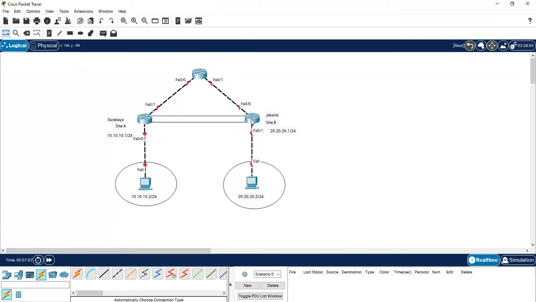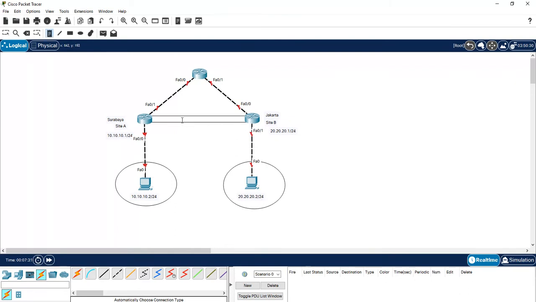We want to be able to communicate between site A and site B over the internet through a private network. So we have a private network here, and this private network communicates inside the internet.